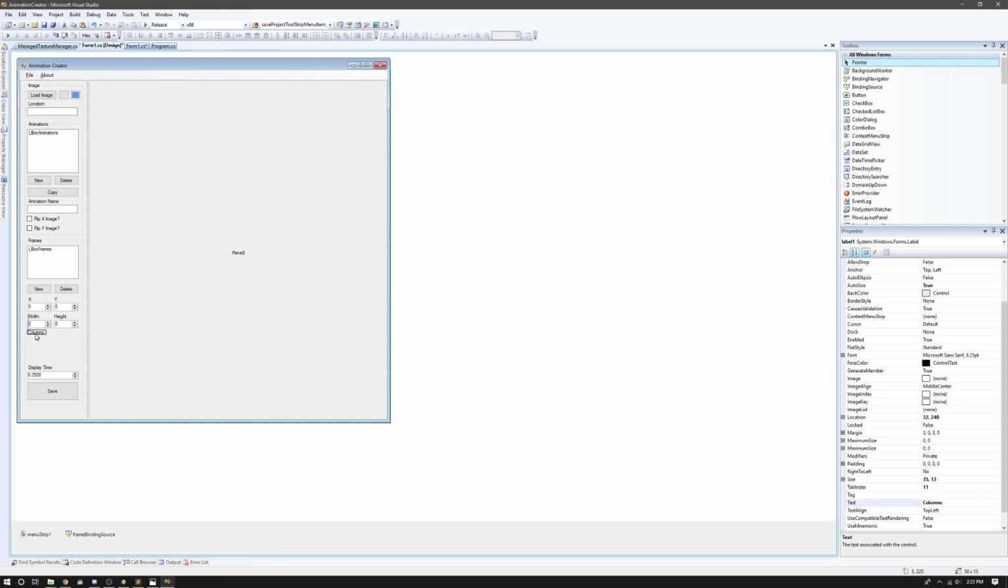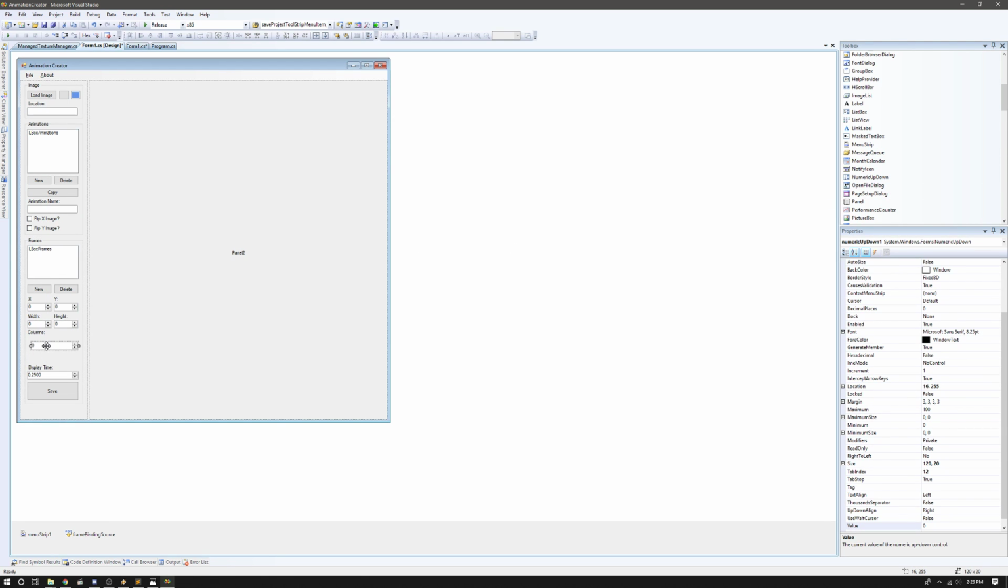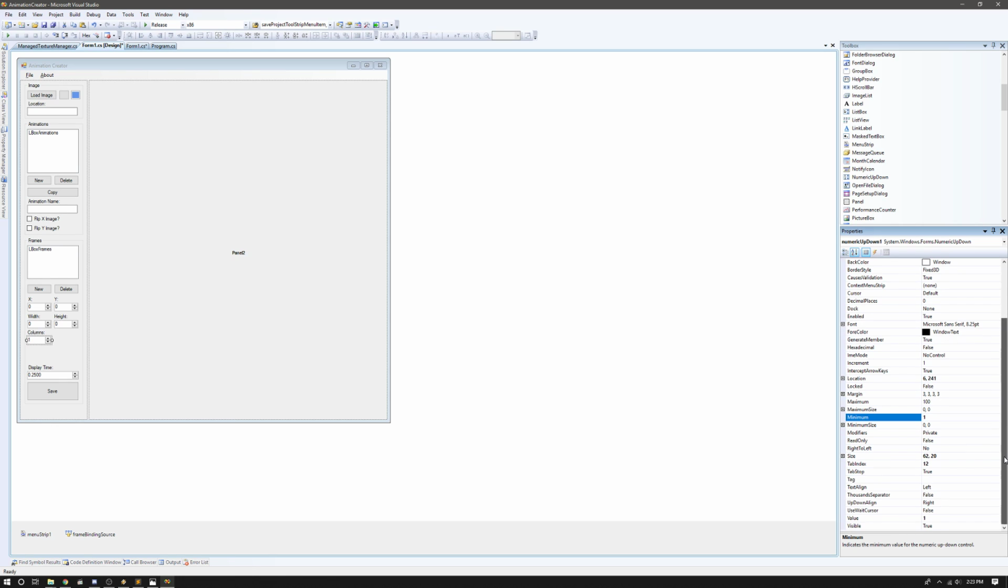Now this makes me want to play FF6. Numeric up down. Let's be reasonable. Minimum number is 1. Maximum number is 100. If you have a sprite sheet with more than 100 columns, you're gonna have to do it by hand, buddy, because, I mean, why are you doing that many? Why is your sprite sheet so big? Alright,